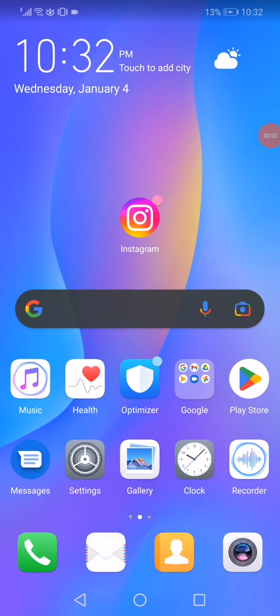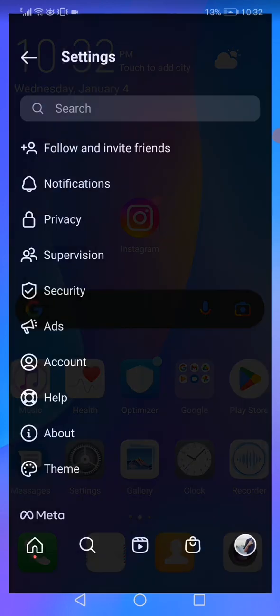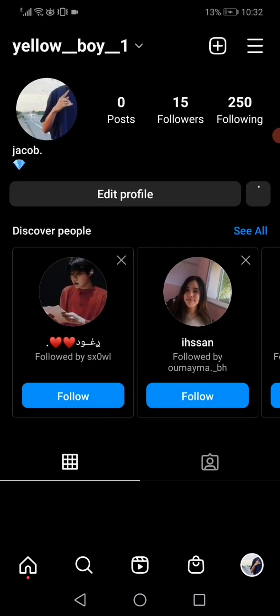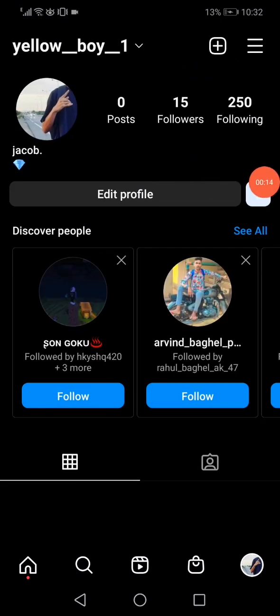How to fix Instagram or restrict certain activity. So all you want to do, guys, is very simple. First thing, you have to open your Instagram, go to your profile, click on the edit profile option, and then